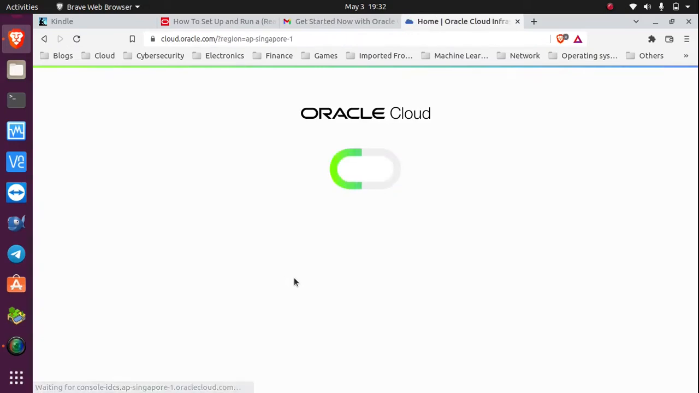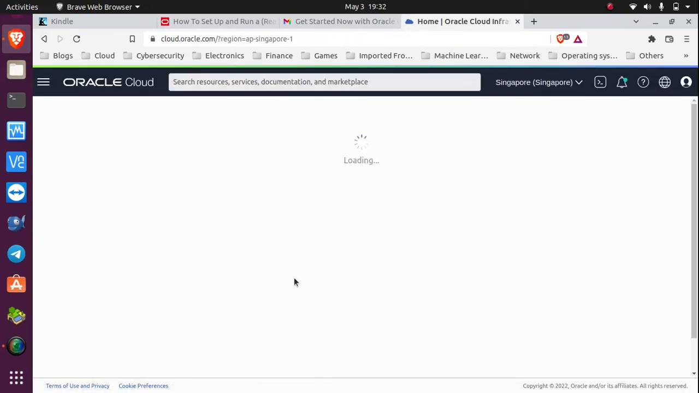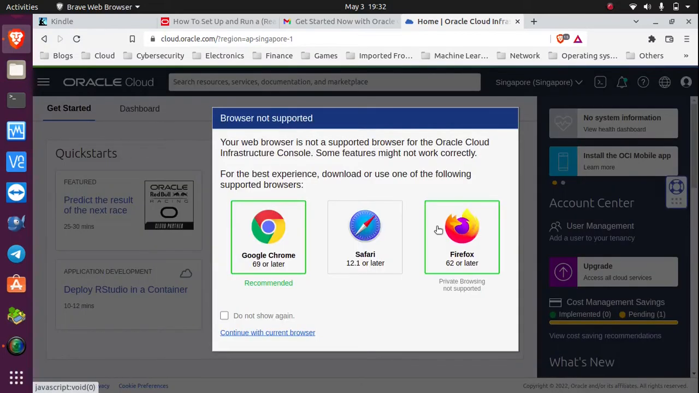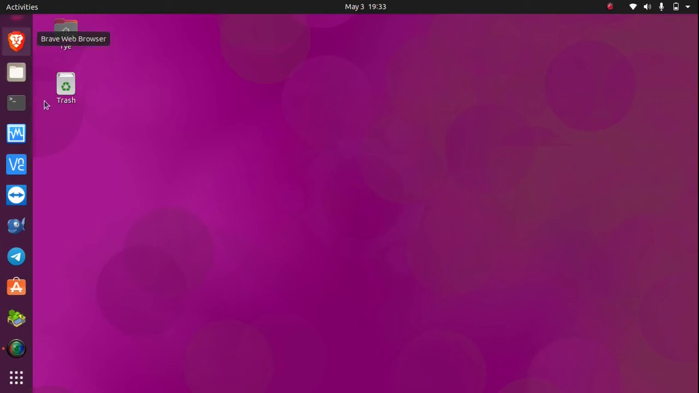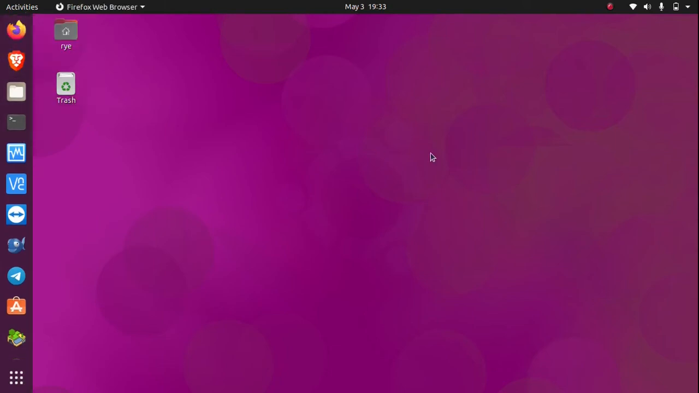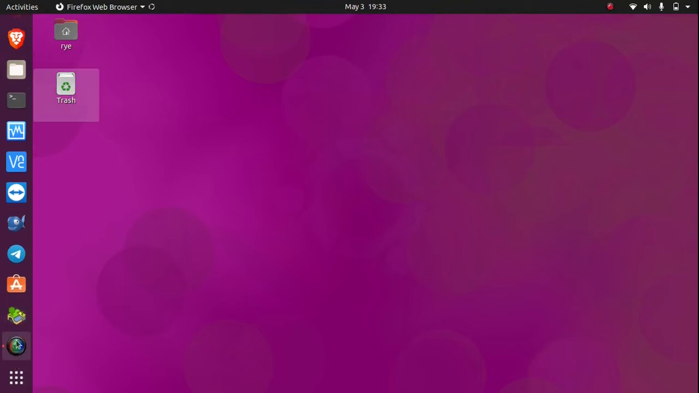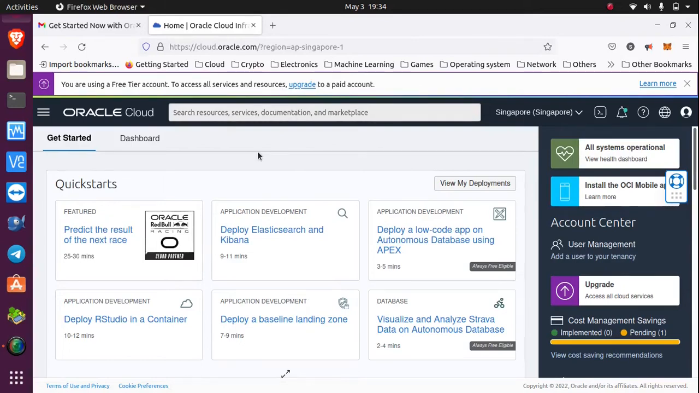After you've logged in, under... browser not supported. So I'm going to change browser, because I'm using Brave browser and it's not supported. I'm going to open up my Firefox. Let me just pause this video. Okay, so we're back. After you've logged in, under the Get Started tab,